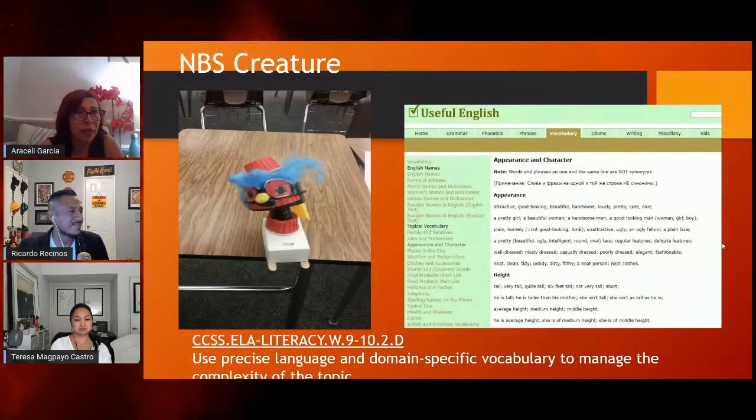I teach vocabulary by an object that they made. So this is the creature that they made, and I'm going to give them all kinds of word banks, sentence frames, right? So now the kid is not just saying, my creature is nice. Now they're going to flourish with that vocabulary because I'm giving them the tools rather than that traditional word list and memorizing. Now they want to connect it.